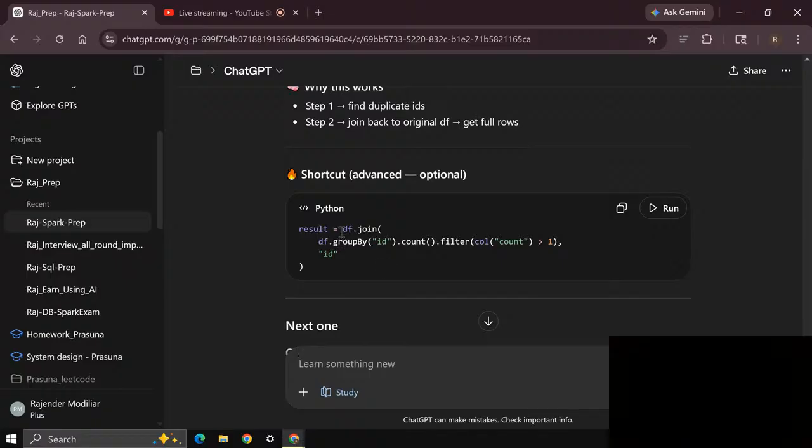They are doing df dot join. In that df only, it will self join. Dot group by id dot count filter so and so, the entire condition is there, comma id.